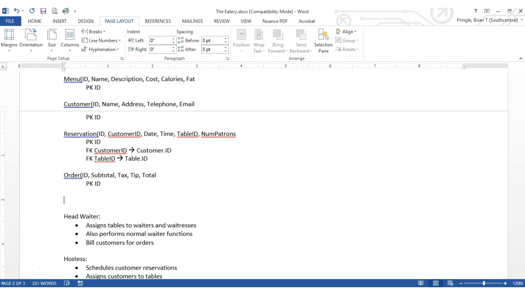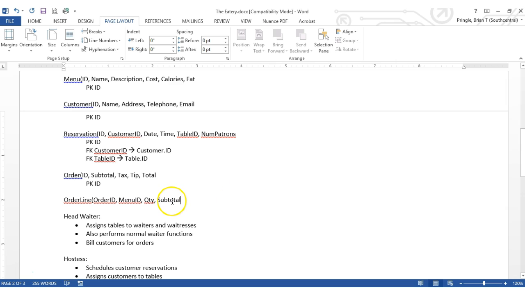And if we're going to keep track of orders, we should probably also keep track of our order line. And that is all the stuff that was on a particular order. So what I'm going to do is say that for a particular order ID, and then what was listed on there, well, that was going to be the menu item, so menu ID, and then how many did they order. So we're going to allow it so that on order number 100, we ordered item number 50, which is maybe a piece of crab, and we ordered 2 of those, and then we allow it to keep track of how much they ordered. Okay, so then we're going to have a subtotal,